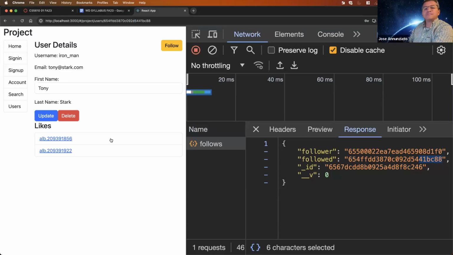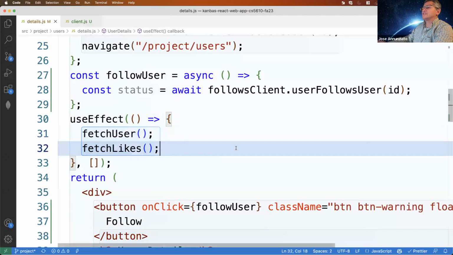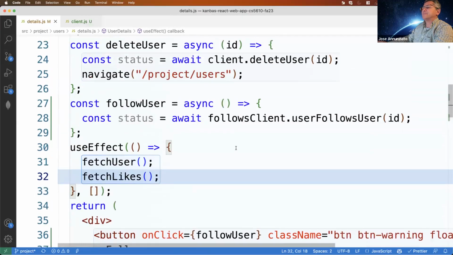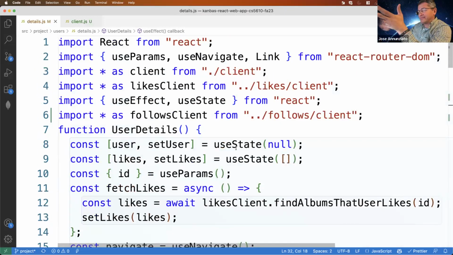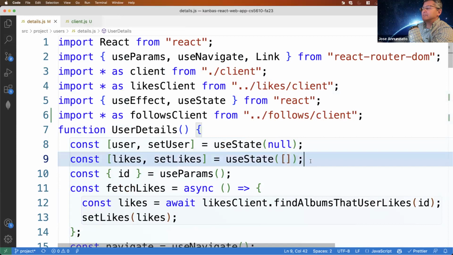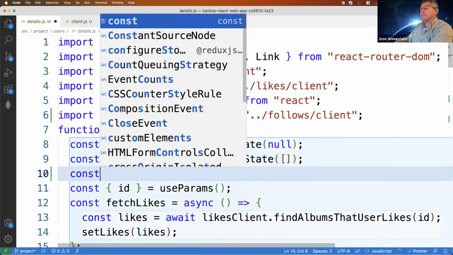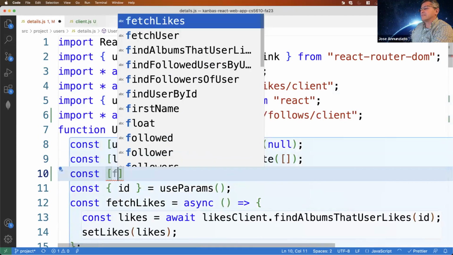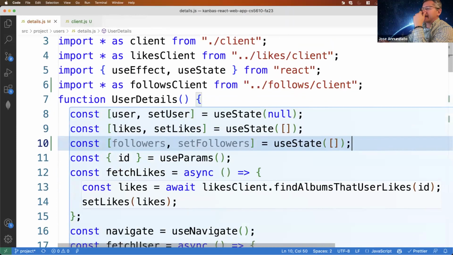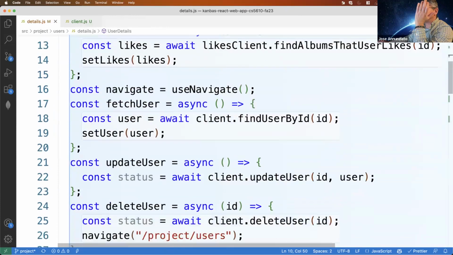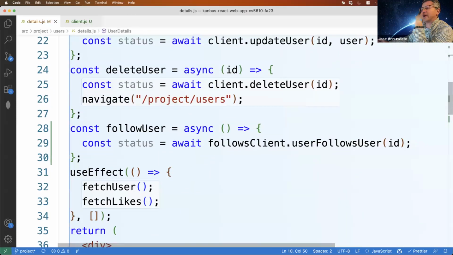So yeah, let's try that out. So this is the same screen. So the screen should be able to retrieve the followers. Yeah. So for instance, if I'm looking at Tony or Galadriel, the screen should be able to retrieve the followers, right? So follow followers, right? Okay, and I'm gonna fetch the followers when I visit this screen, right?